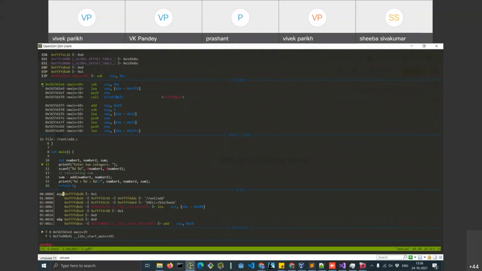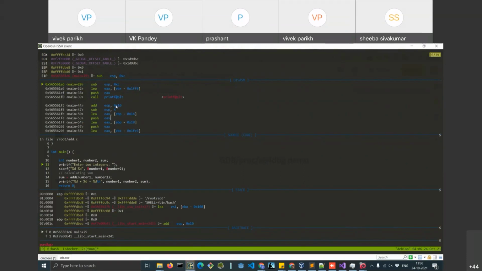Then here you have your disassembly. All the assembly instructions are there. You can see there is a call. Whenever you try to invoke a function, the call instruction is invoked by the CPU, and then the CPU calls that particular function. In this case, when it sees call printf@plt, it will call that printf function.